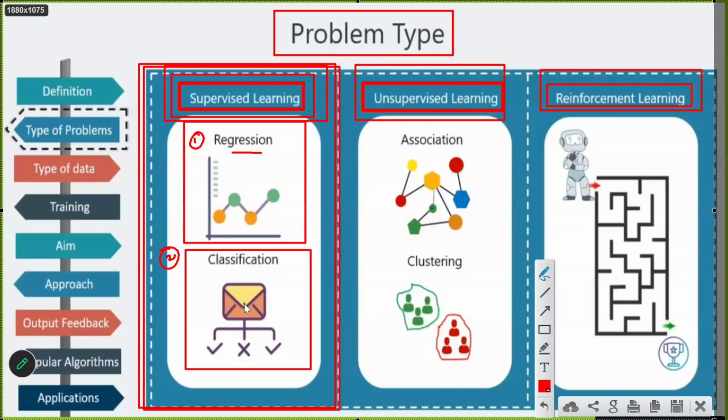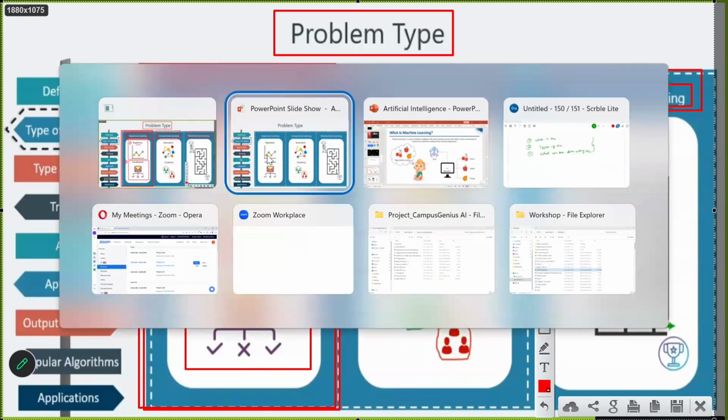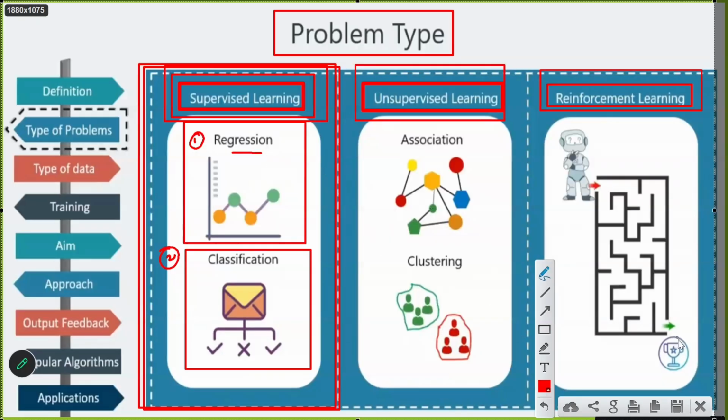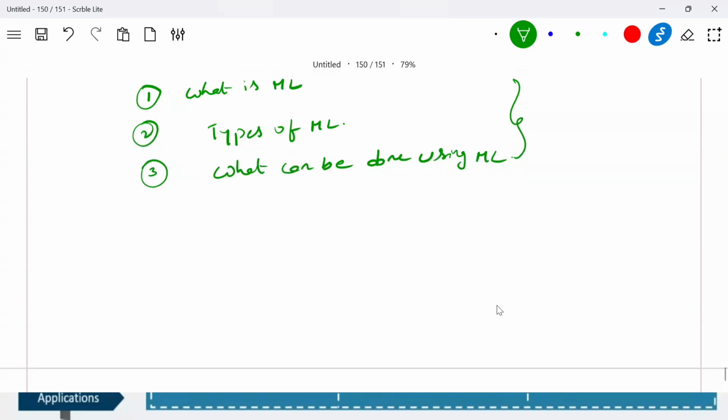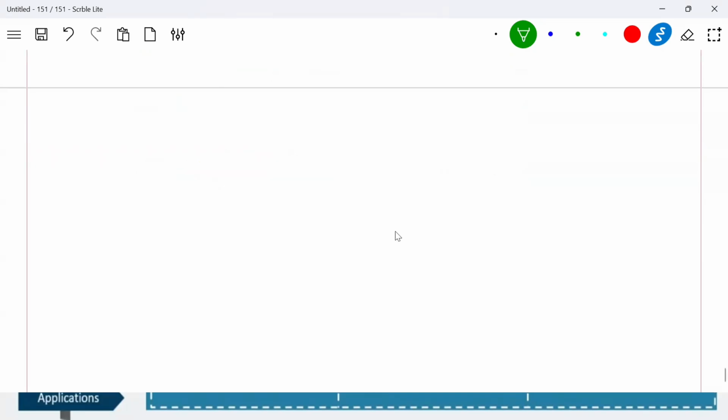I guess you might have understood the scenario. So what is the scenario? We are going to see the problem statements that we can deal with using regression in supervised learning. We can deal with two types of problems. Let me take a fresh page. So come here, guys. I am explaining to you regarding supervised learning. So do remember.